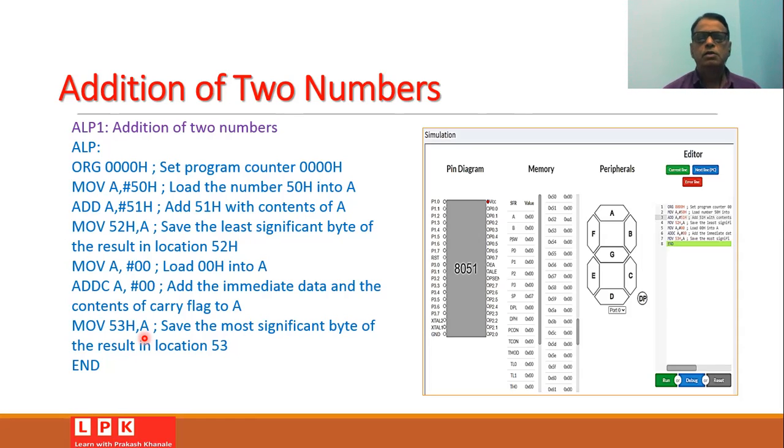Now you can type this program by using any 8051 simulator. In the text editor window, you can write the program, and if it is correctly typed, then you can run it. After the execution, one can easily observe that at the locations 52 and 53, you will get the result A1H and 00H. So we have added the two hexadecimal numbers 50 and 51, of which the result is 00A1H.